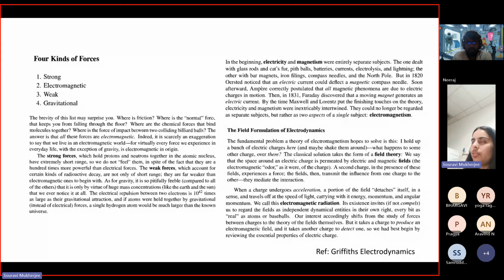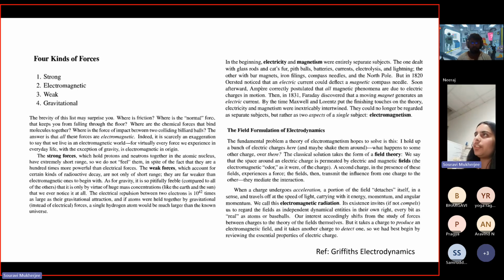Now we know gravitational force is always there, but it gets more prominent when we have larger mass, right? So that's not very obvious in all aspects. One of the most pertinent things in regular day-to-day life is the electromagnetic force. And that's what we are trying to look at, how electromagnetic forces can result in different phenomena. That's what the course is about.